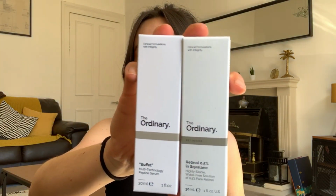So first of all, I'll show you the Ordinary stuff that I got. These are the 2 boxes that I got from The Ordinary. The first one is Buffet, which is the multi-technology peptide serum, and the second was the retinol 0.5% in squalene. The reason I only got 0.5% is because I read that they do 0.5, 1.5 and 2%,